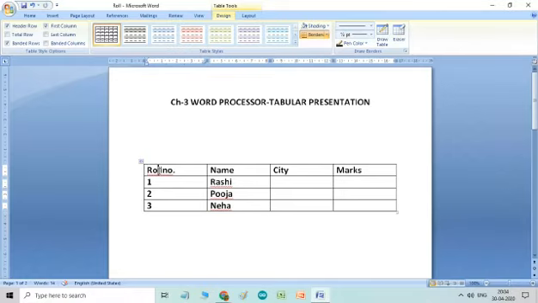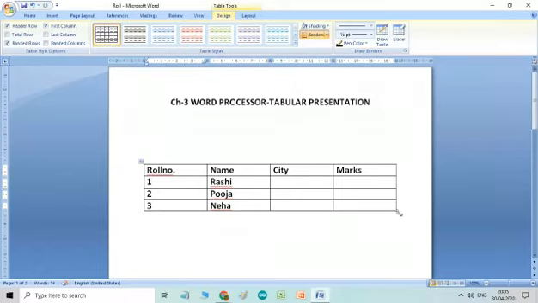Click on the table again and you will notice a small square. Can you see the small square in the right side bottom corner of the table? This small square is known as the resize handle. What is it called? Resize handle. Move the mouse pointer on the table resize handle. You will see a double-headed arrow on this square.